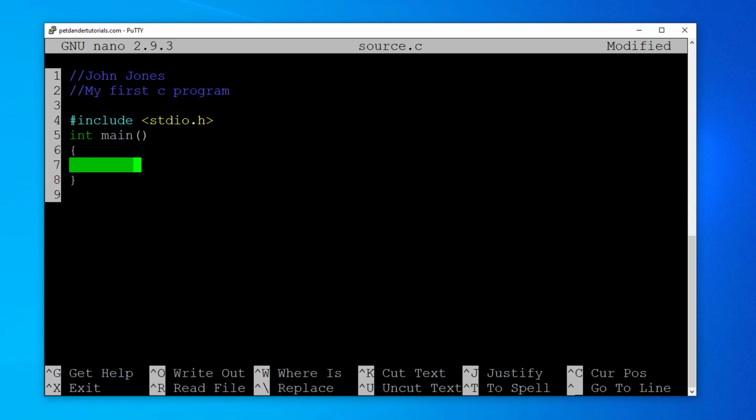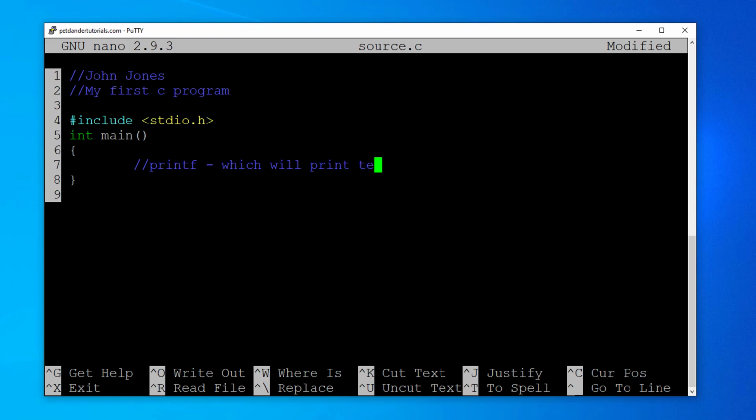And then here on line 7, I'm going to press the tab key. So you'll notice that it moved the cursor really far over here. I like to keep everything tabbed to keep it organized. And this will give us access to certain functions, the stdio.h. The first function it's going to give us access to is going to be the printf function,